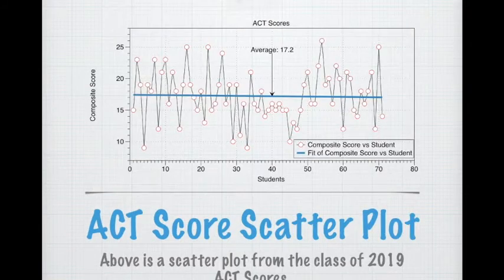All right, next we have the aggregation of all the scores across the 11th grade this year. You can see that the average is 17.2, and what was amazing to me about this was how much deviation there is between each individual student. Now, granted, I understand that each individual student is a unique individual, but it is amazing to me to see